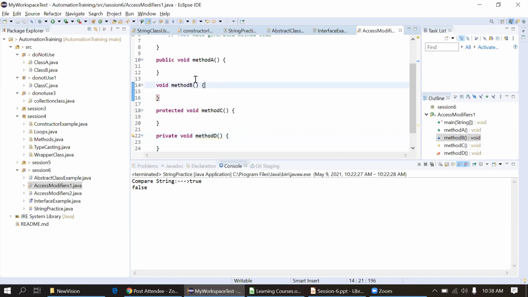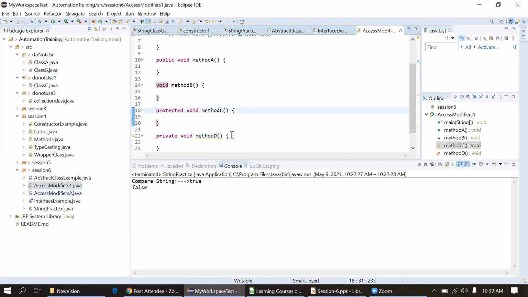So you can see method A, method B, method C, and method D. It's first public, then default, then protected, and then private. Now simply what will I do? I will call these methods in another class, access modifier 2.